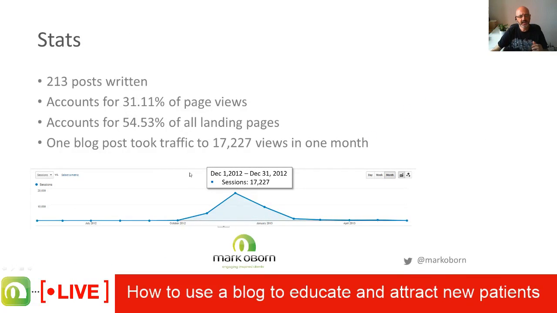This is just one example of the power of blogging and why blogs are so powerful. This is my own blog. Over the years, I've written 213 blog posts. That's a reasonable amount, but it's not the biggest, it's not the most massive. Other people write more, but I've written 213 posts over the years. My blog accounts for a fraction over 31% of all page views of the website. It accounts for